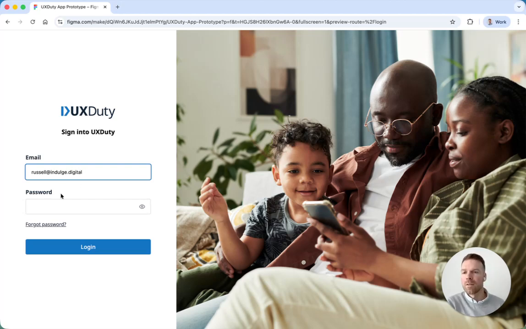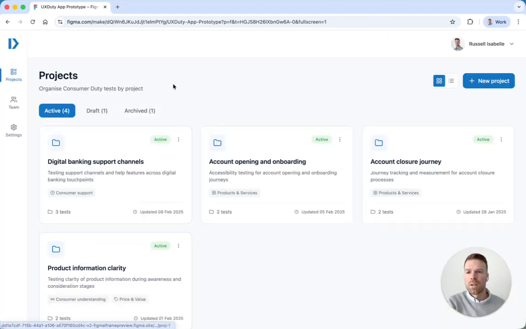It's going to log in. So once you're logged in, you have a projects page, and you can create a new project. The project could represent one of the key journeys that you might be looking at reviewing to make sure it complies with